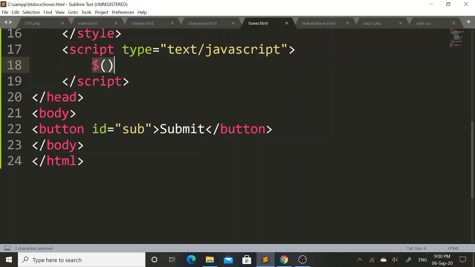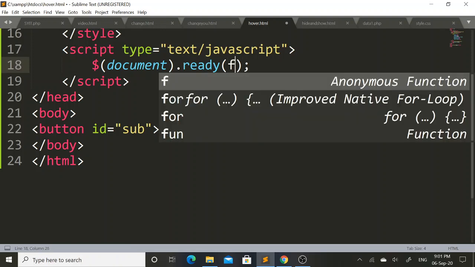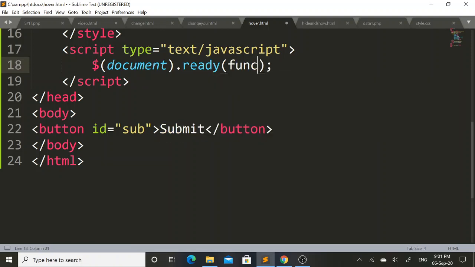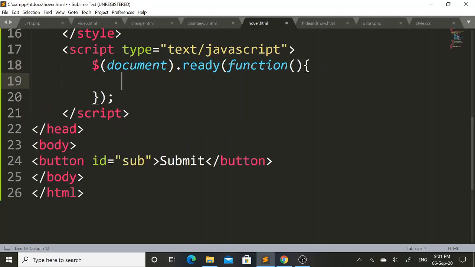In this jQuery factory function I will set document as a parameter. Then with the help of dot operator I will call ready event. In this ready event I will initially pass one function as an argument, that is function open parenthesis close parenthesis open curly brace close curly brace.